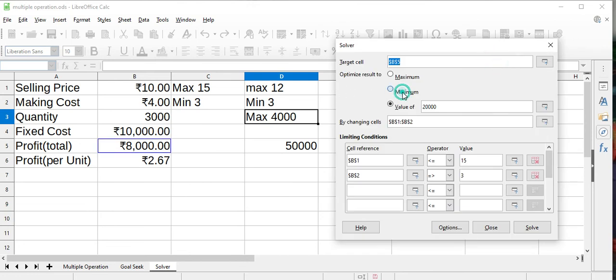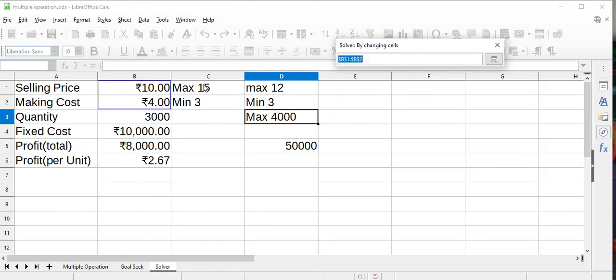Now it should be minimum 50,000. I'll write my value. Now where should it change? It should change in selling price, in making cost and quantity. So I will click on this and select all 3.